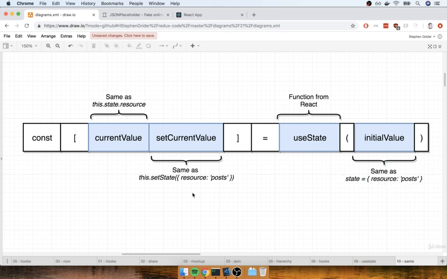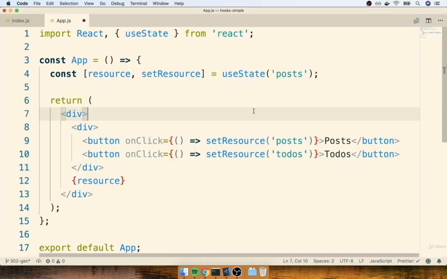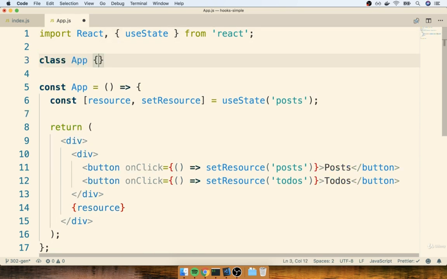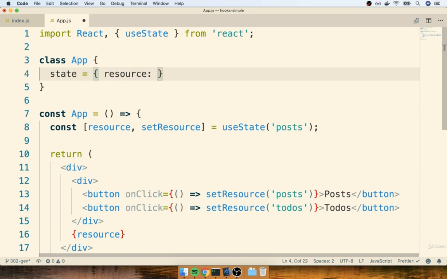Now, the one kind of confusing thing about the useState function is that when we were making use of a class-based component, we put all of our state into an object. Remember, as a quick example, up here, I'm going to put down class App, and we had something like state is resource, and that was like posts or something like that. So inside of a class-based component, our state was an object that had a bunch of different values inside of it. But when we make use of the useState hook, we instead usually just store the single value that we care about. So in our case, inside of this App component right here, we don't really have to maintain an object that has a resource property. Instead, all you and I really care about is just the string posts.